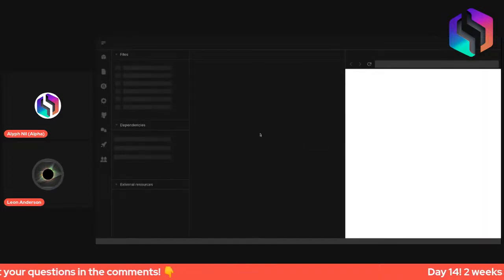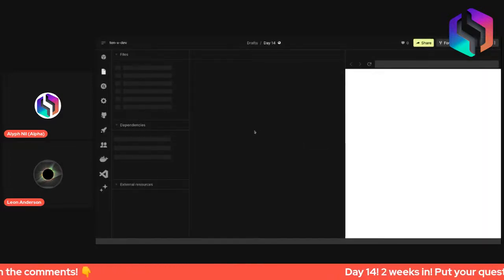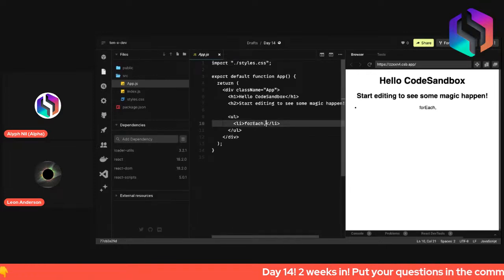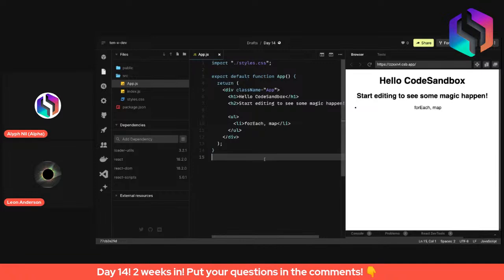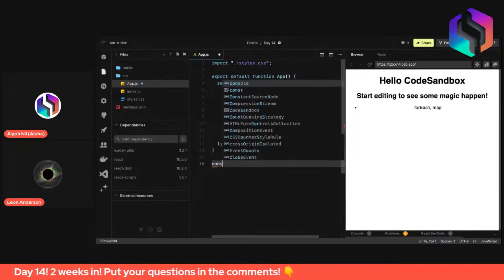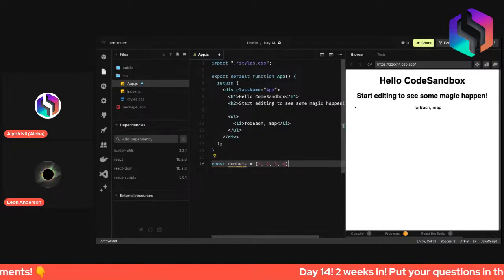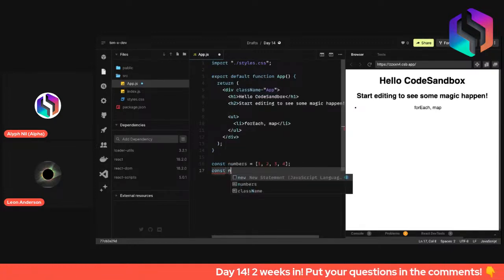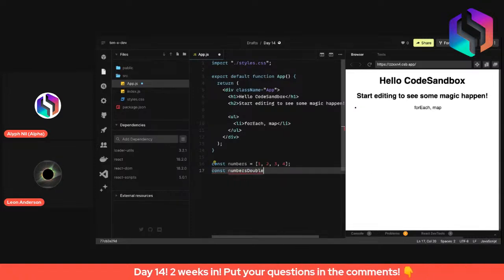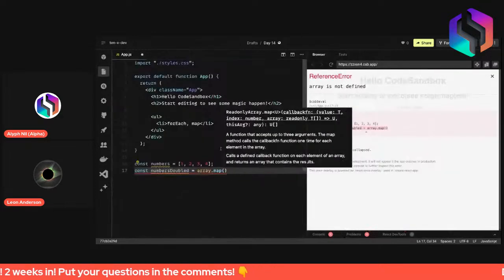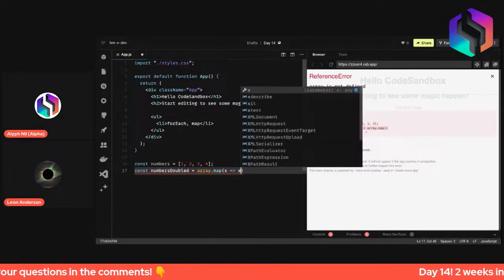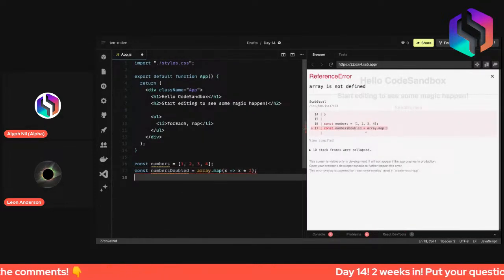Map can access an array, and you can assign a condition to it, and then it maps out all the contents of the array that fit the conditions into a new array. It's almost like a filter, but